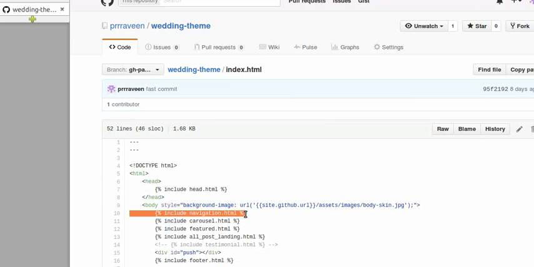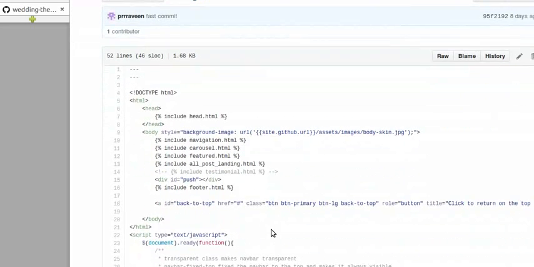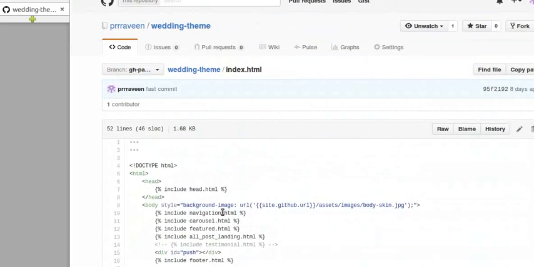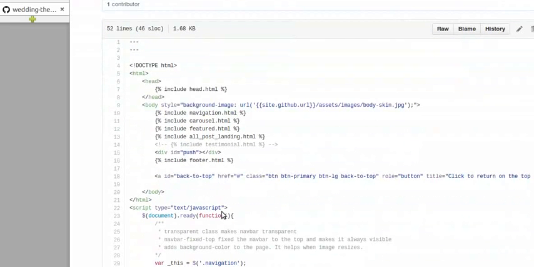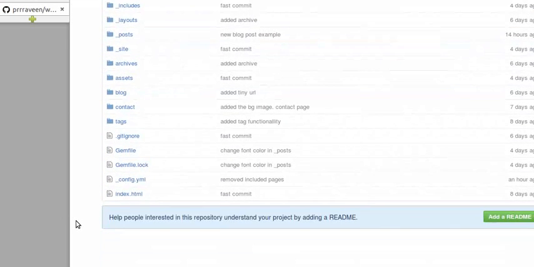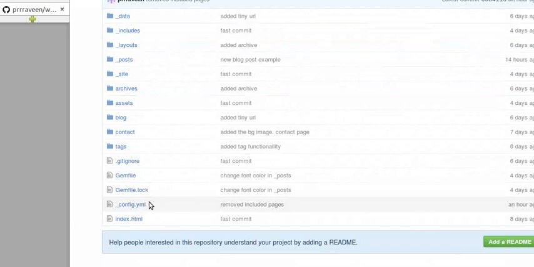of the Jekyll theme. So this is basically what renders the landing page. I'll come back to the content inside of the index.html. I'll be explaining the rest of the files now. This is the config file, and the config file holds the parameters which tell Jekyll to use some plugins